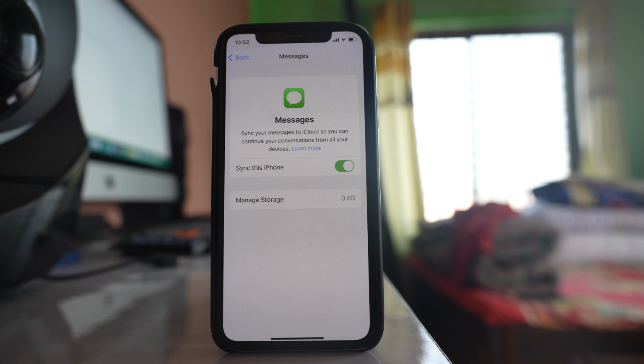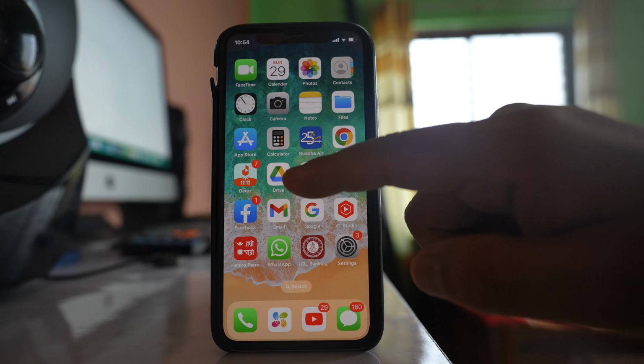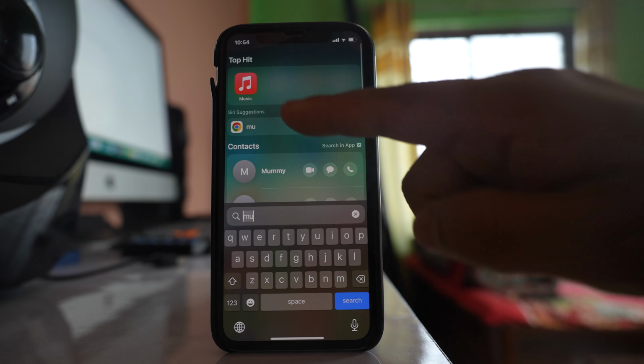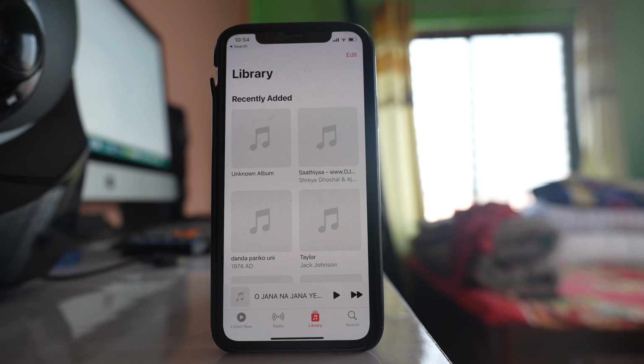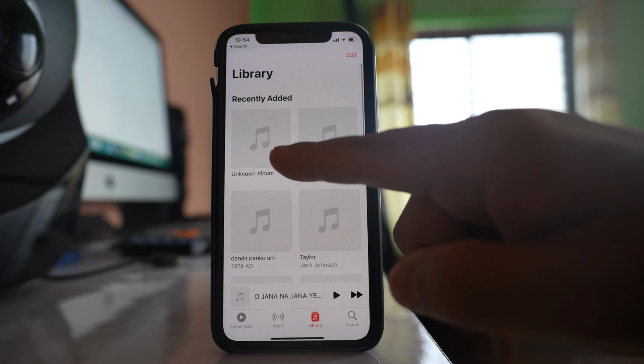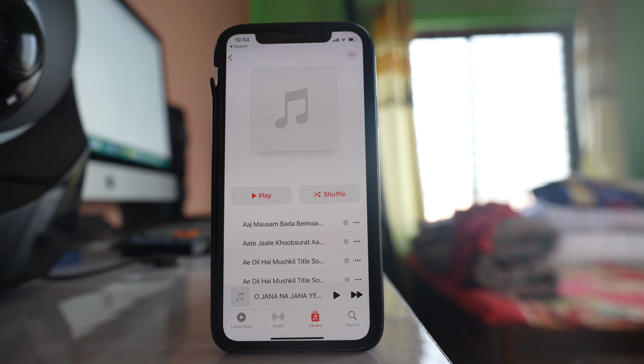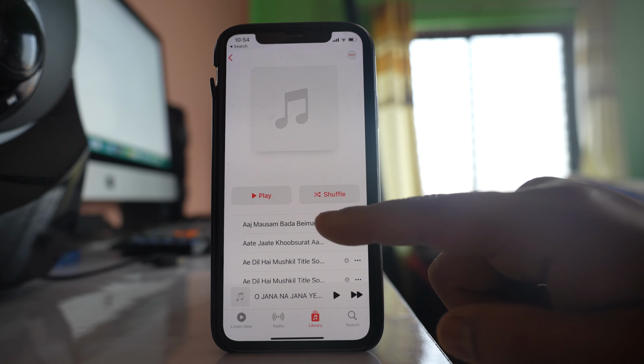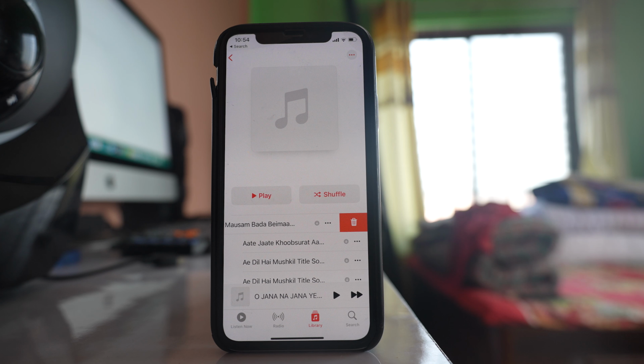And the last thing is, songs also take up a lot of space, so check all the songs that you have in your iPhone and then delete the songs that you don't need. For deleting music, you have to go to this Music application, and I have some songs here. I have an album here inside which I have many other songs. So if I don't need any song, I will just swipe this song to the left and delete it from the music library. And in this way also you can gain some more space in your iPhone.